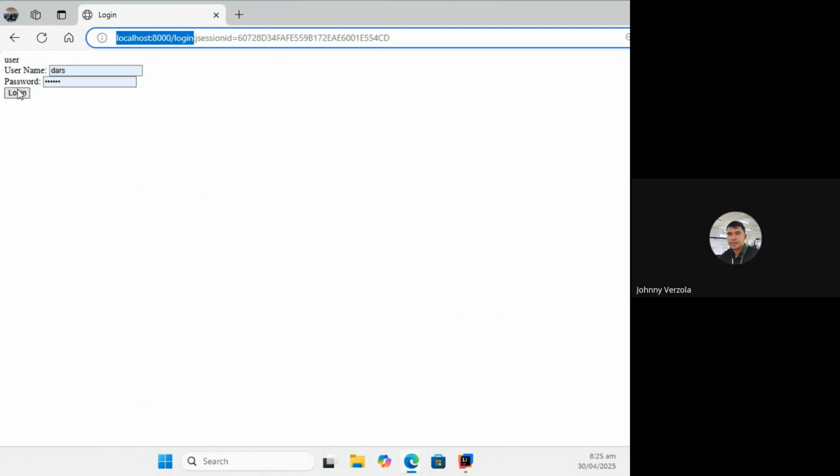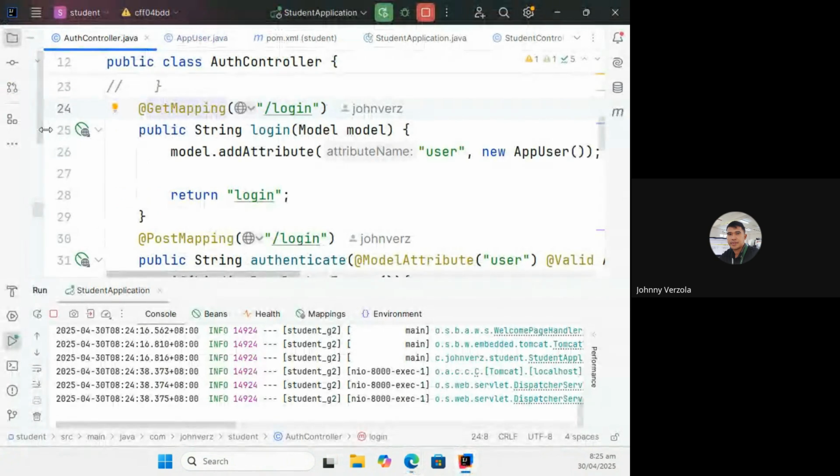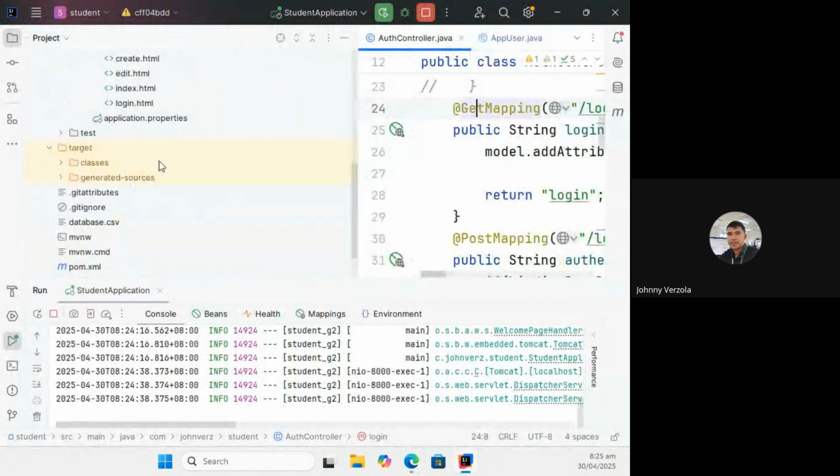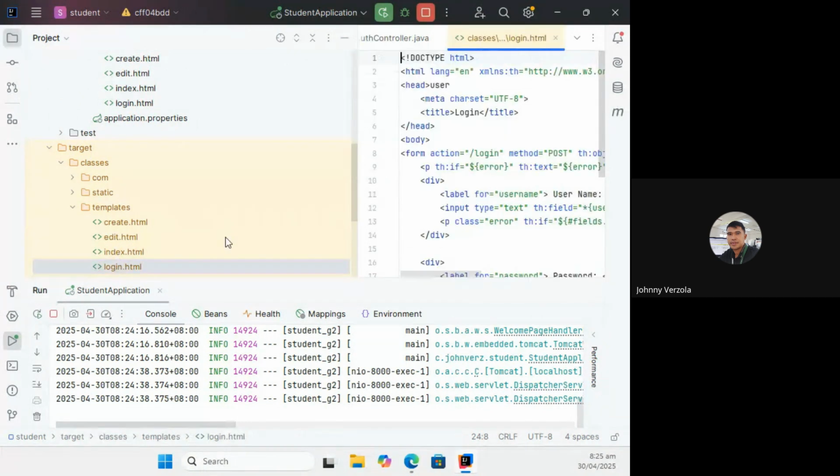When you press login, it's going to communicate back to the server. It will be a post request because the form, where that submit button is going to submit, is of the method post.